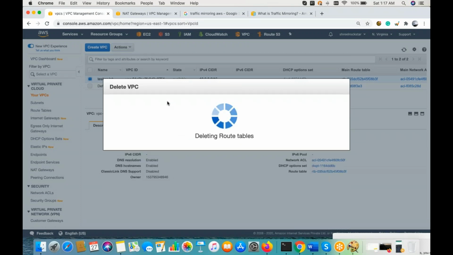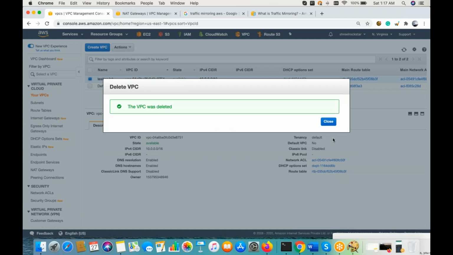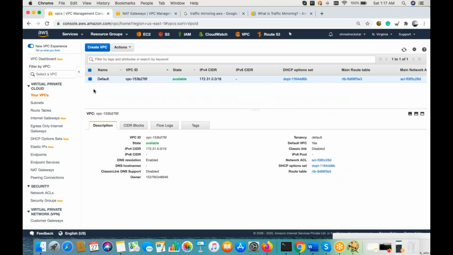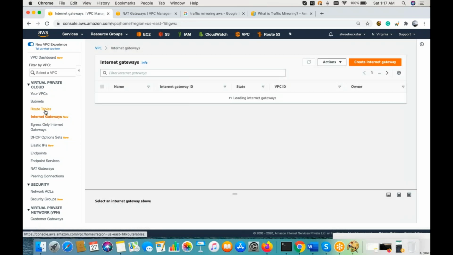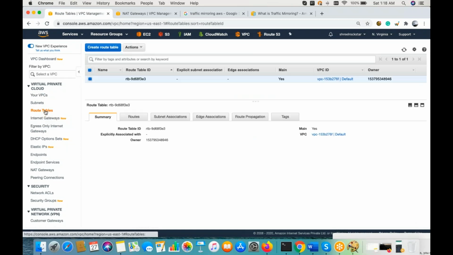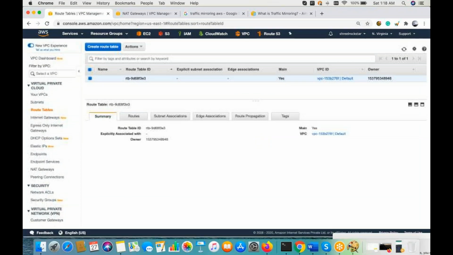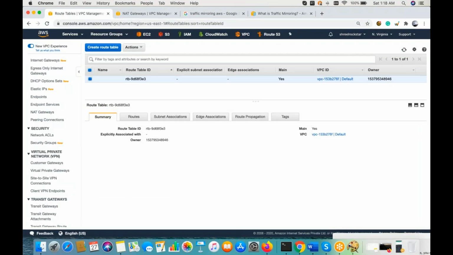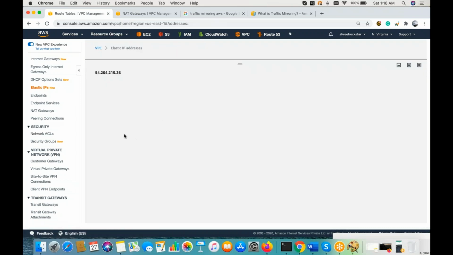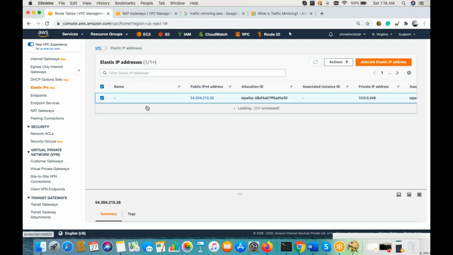As we are using the wizard, it will give us all the options available. So guys, this will ask me to delete all the VPN plus network gateways and internet gateways, whatever things we have created, that is going to be cleaned out. Just make sure, guys, everything should be deleted, and your Elastic IP should be released, because that Elastic IP is going to be chargeable, okay? So I think I have one available. Let me reload the window.